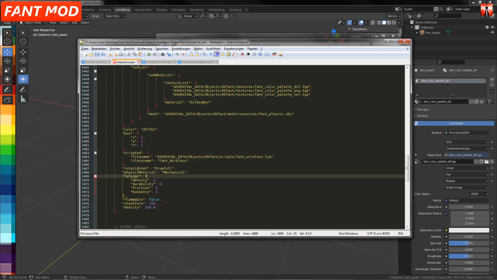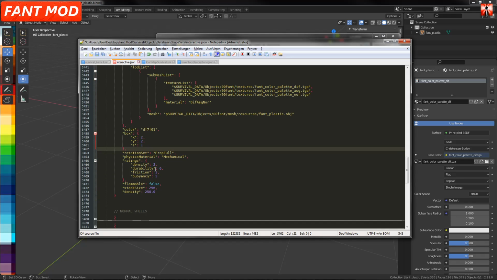And we don't need a class or a script for that. In that case, we can remove it. Full rotation, why not? Oh, no, only on the minus z, down, minus z. I hope that is correct. We will see. And the density is really low, durability is really low,